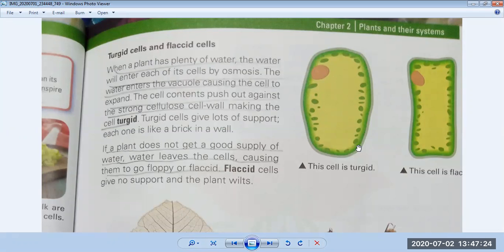And after that we studied that because of transpiration, two types of cells are formed inside the body. One is turgid and one is flaccid. Turgid cells have strength inside them, which is necessary for the plant to hold itself above the soil, and flaccid cells show no strength, no energy, so the leaves wilt.